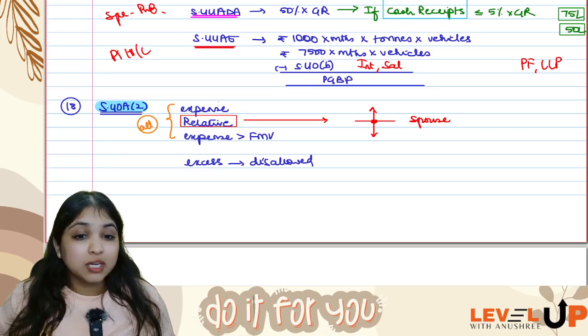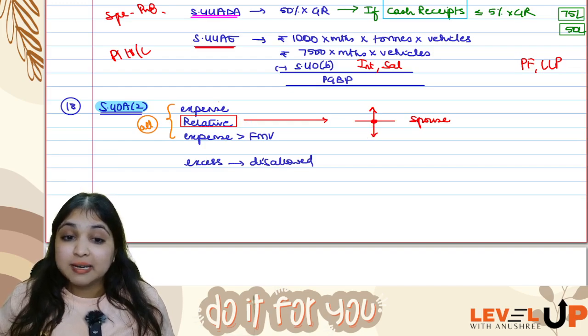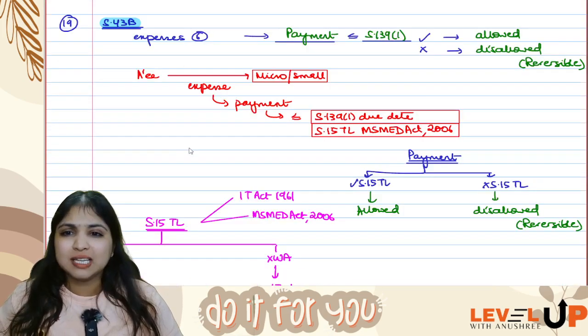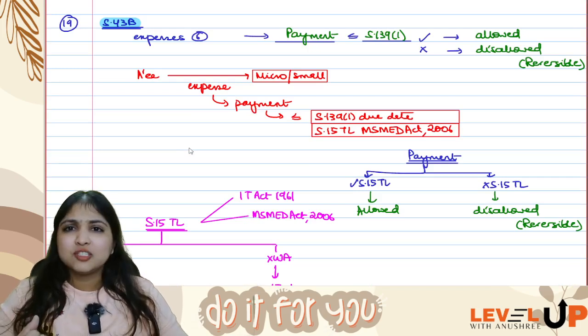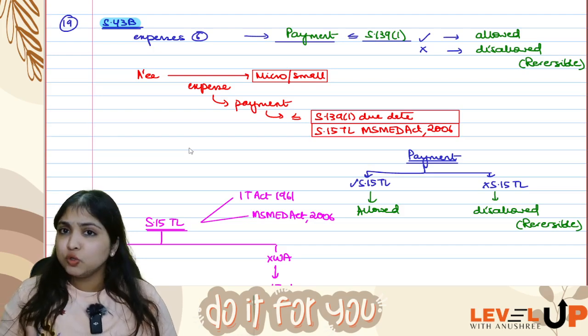Now, relative means what? If I am the assessee, it will include my brother, my sister, my lineal ascendants, my lineal descendants and my spouse. Then coming to section 43B. Section 43B talks about 6 expenses, guys: tax, duty, cess or fee; employer's contributions, bonus, commission, leave salary; interest; and the amount that we have to pay to railways for use of railway assets.